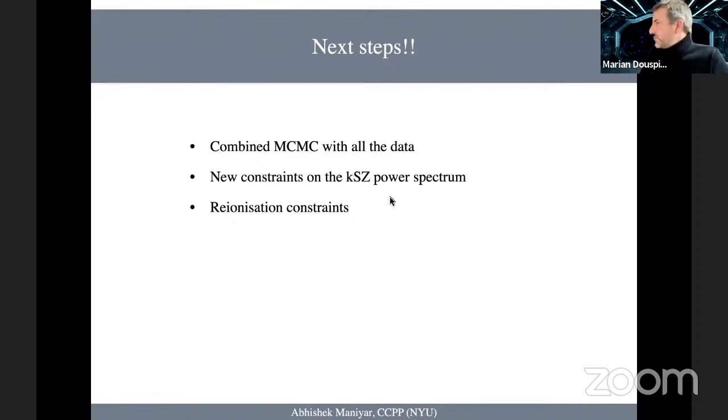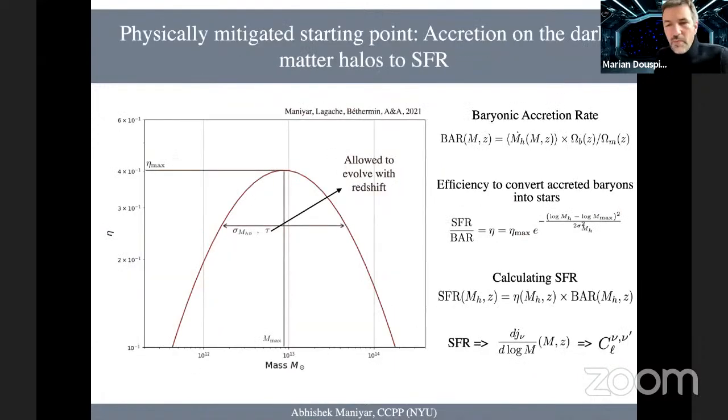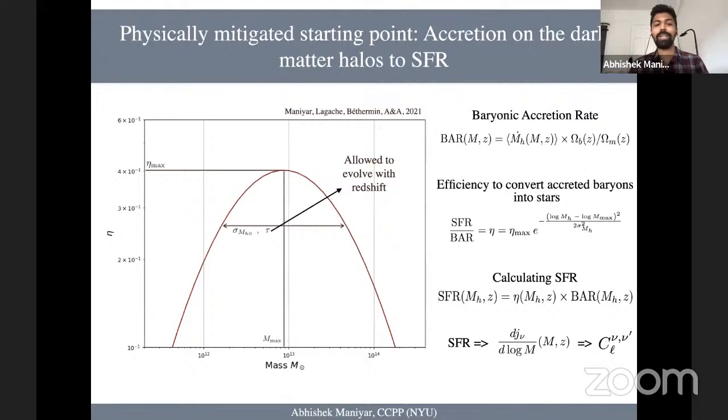So the question is, how do you compute the one halo term? Doesn't your halo model only tell you the properties of the central galaxy from the accretion rate onto the halo and no subhalos? Right. So here what we assume is that in a given halo we have one central galaxy, and we have satellite galaxies which are distributed according to the NFW profile. We have different procedures for calculating the star formation rate for a central galaxy and for the satellite galaxies. So we do consider both contributions.